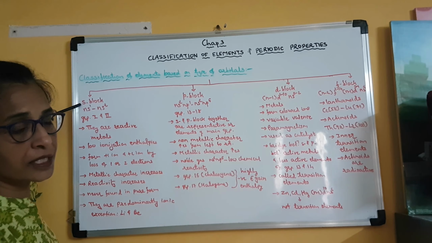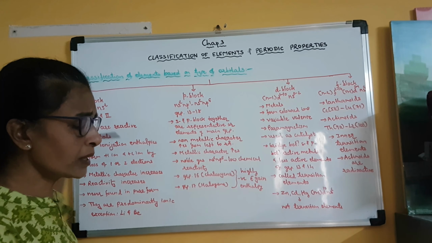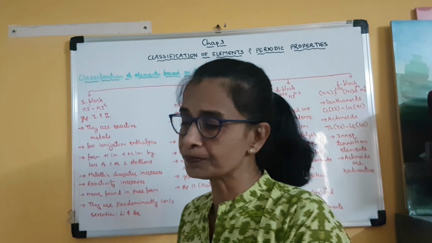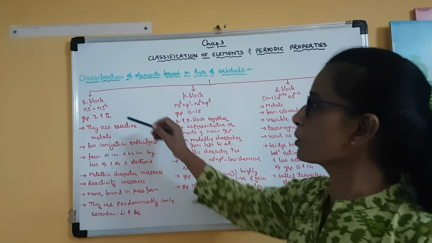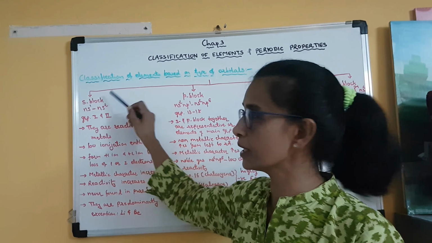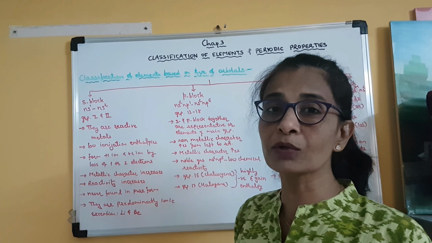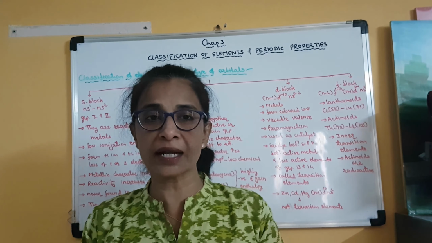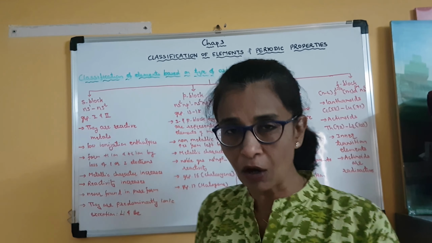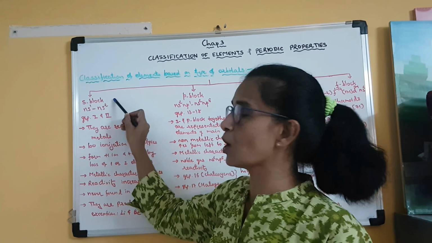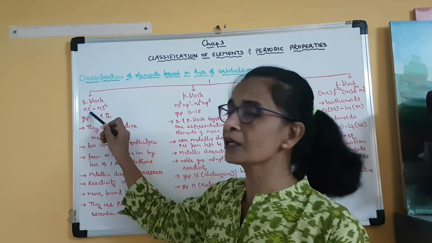We will take first the S type, or the elements which belong to this category. They are called S block elements. Clear? S block elements have the general electron configuration in their outermost orbit as ns1 or ns2. Here we will talk about only the outer configuration, that is the valence shell configuration of the element. So in S block elements, their general configuration is ns1 ns2.